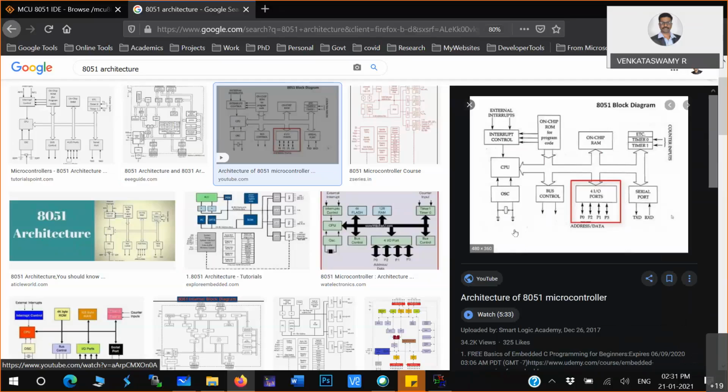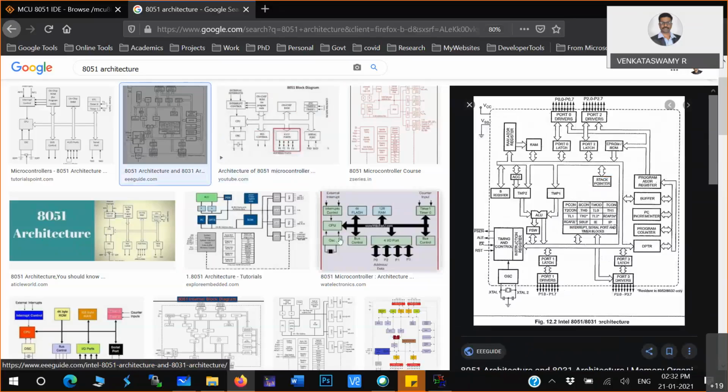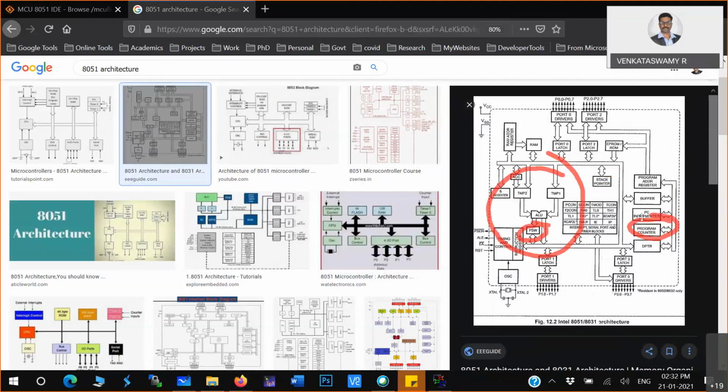Whenever you do any modification in the microcontroller, the program status word changes. So this part you have to understand. The program status word is directly coupled to that CPU. Just focus on this one and try to understand. All the other things connected, for example the program counter and the DPTR which I just told you about, are basically some registers.